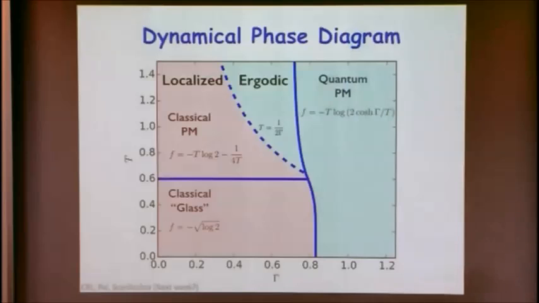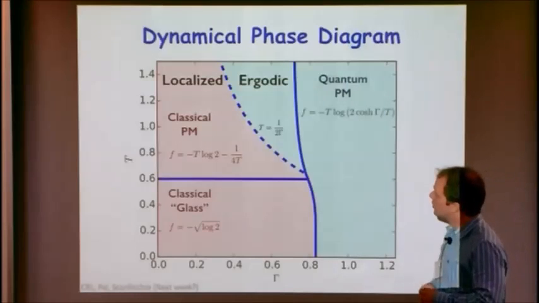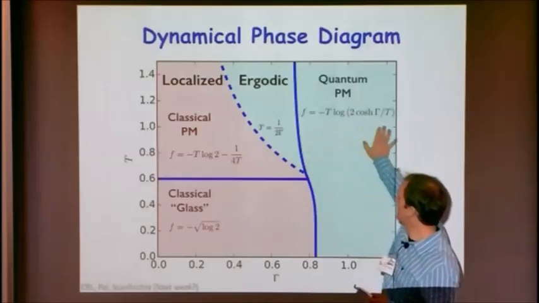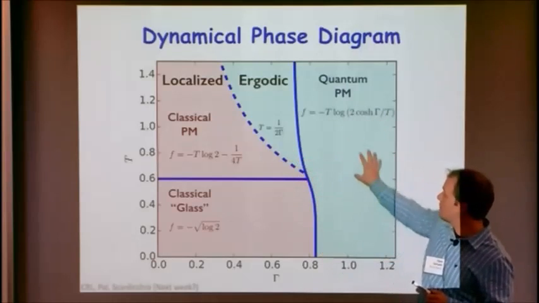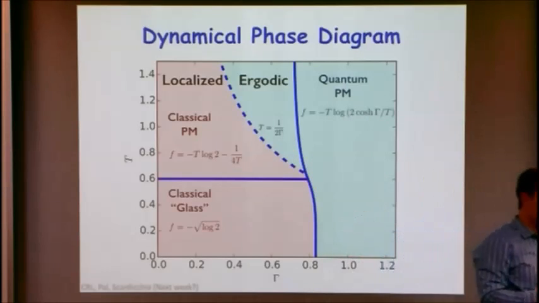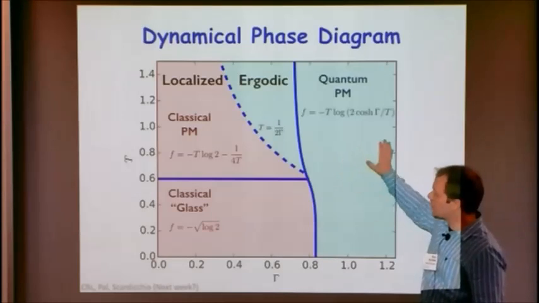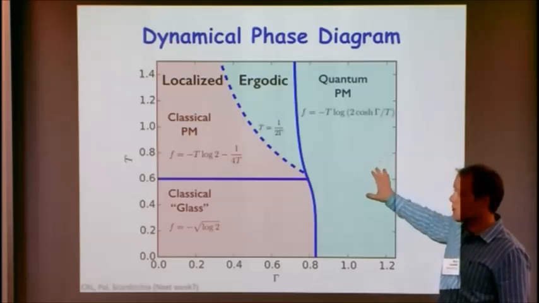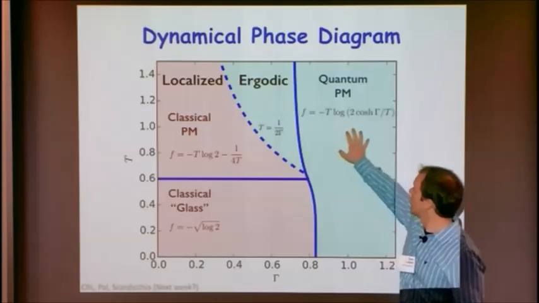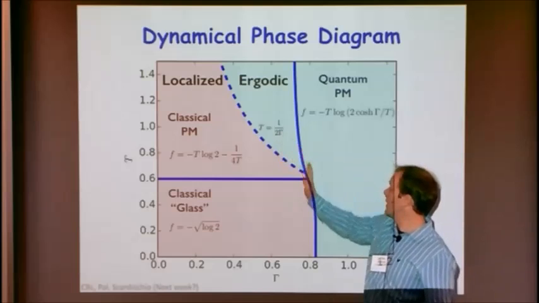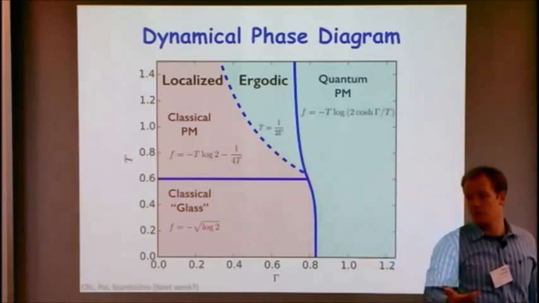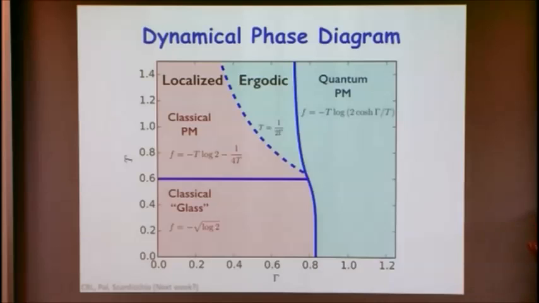On this side of this curve, the blue region, the system is ergodic. Even if you had the closed Hamiltonian with no external temperature source, statistical mechanics is a reasonable thing to look at for long-time observables. And these phases, this quantum paramagnet and this classical paramagnet, and this first order transition between them, actually exist as thermal phases in the closed dynamics. On the other side of this curve, the system is localized,